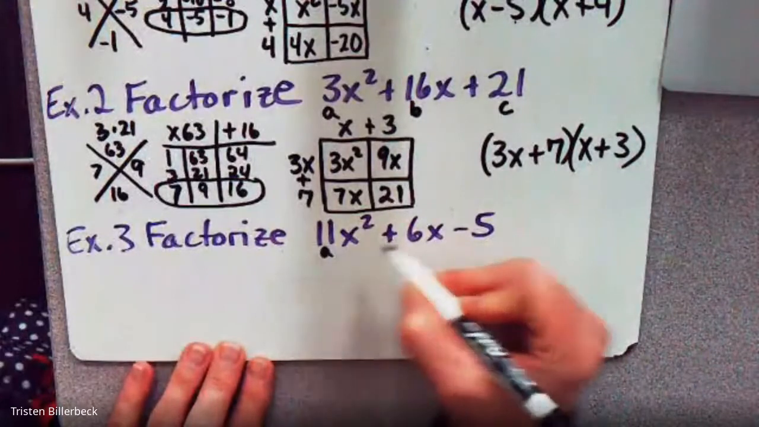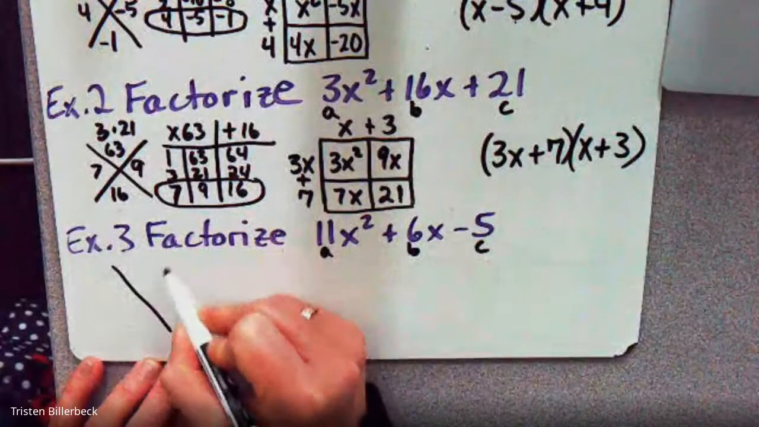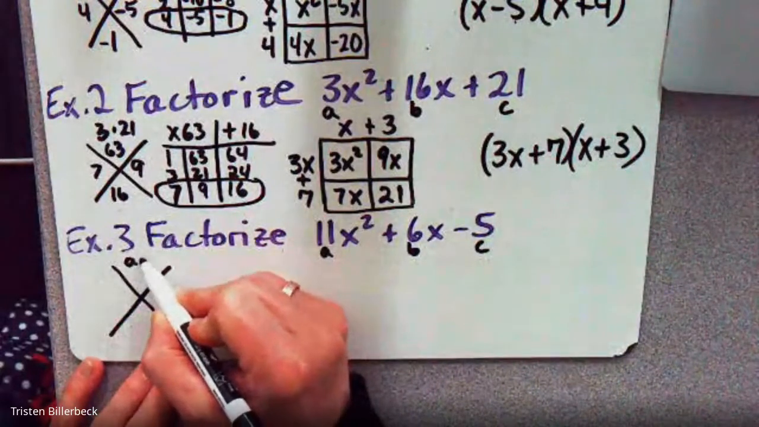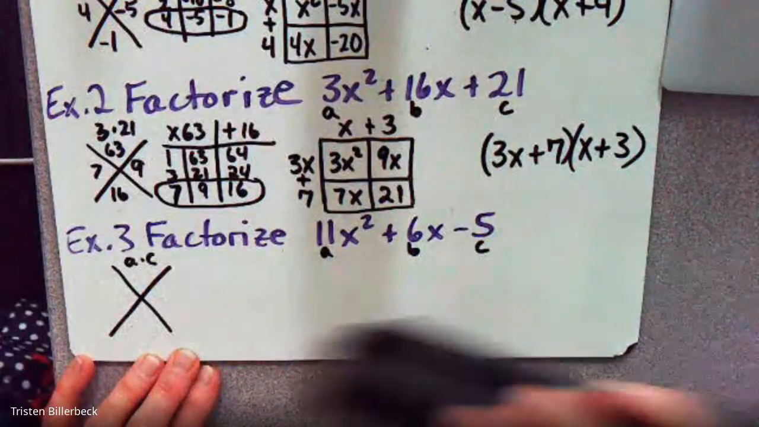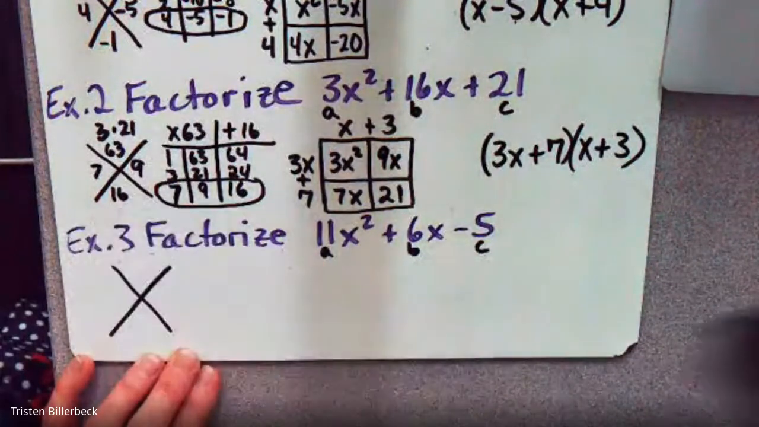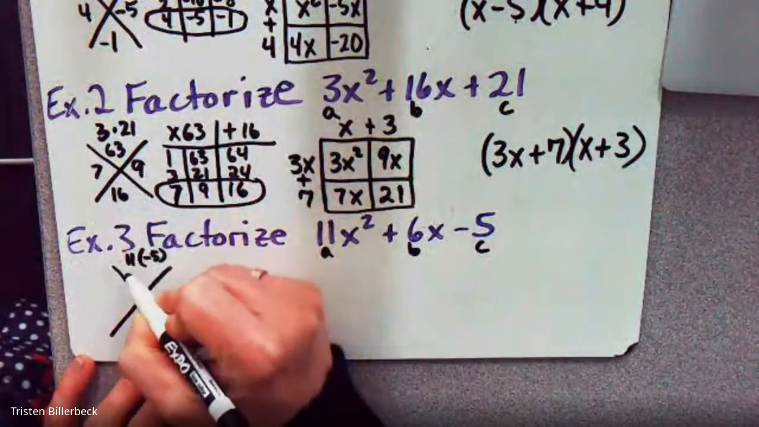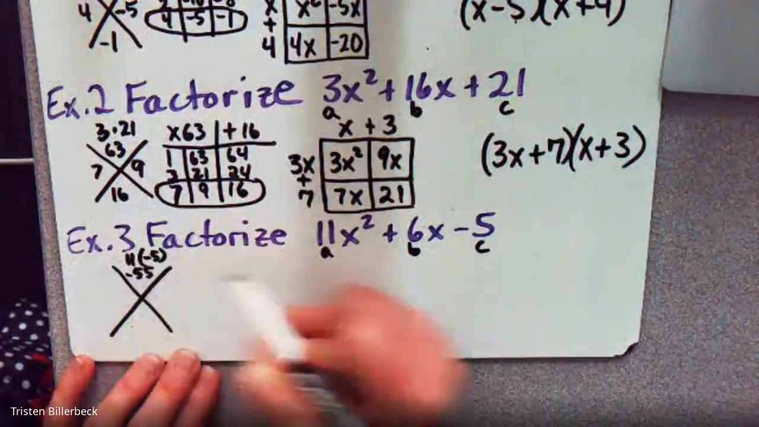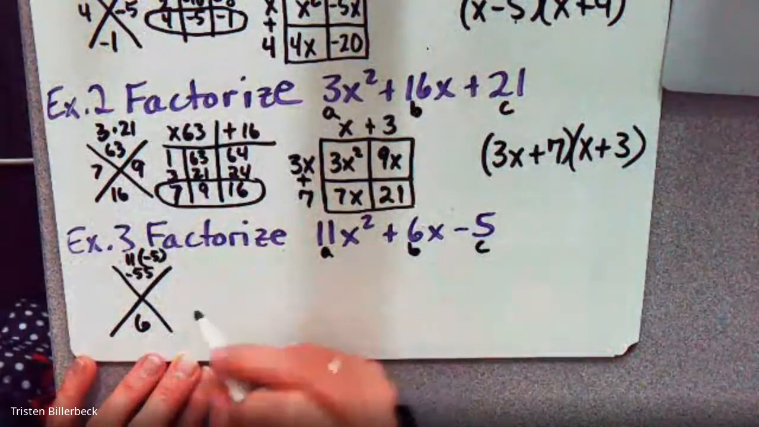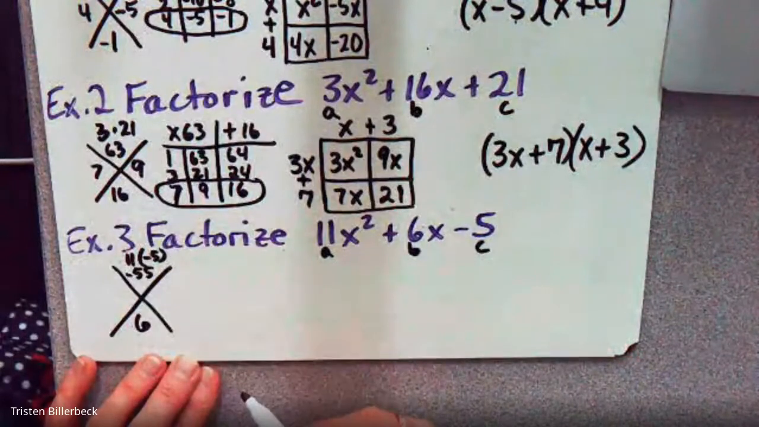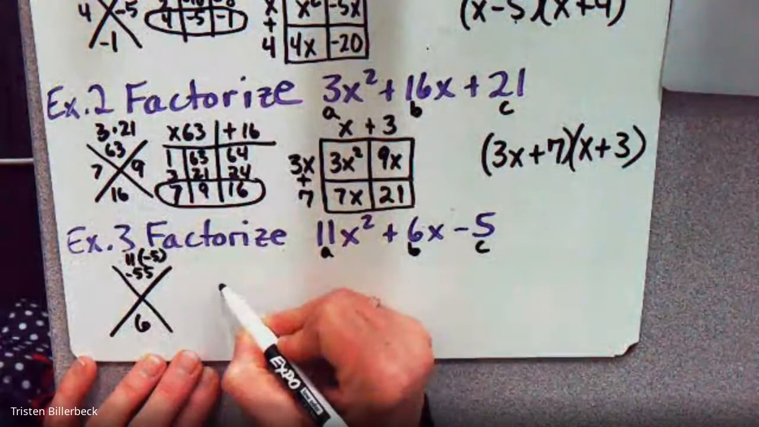All right, so let's factorize this. So we have a, b, c. So a times c goes here. So that is going to be 11 times -5. So that's -55. Then we have the middle term goes here. So we ask what multiplies to be -55 and adds to be